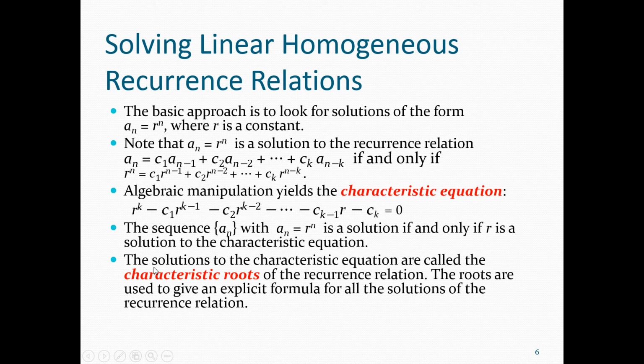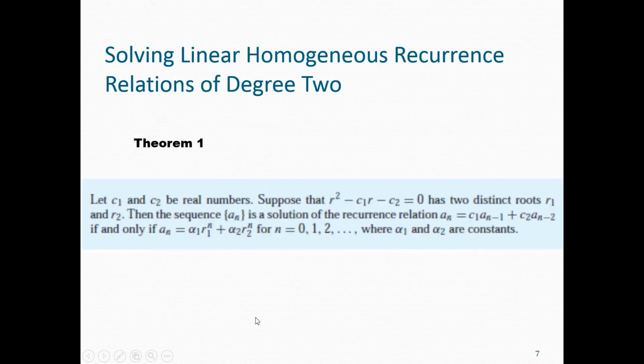Okay, so the solutions to the characteristic equation are called the characteristic roots of the recurrence relation. The roots are used to give an explicit formula for all the solutions of the recurrence relation. So let's see how it works. First theorem: solving linear homogeneous recurrence relations of degree 2. Initially we are going to give a formula for recurrence relations of degree 2,